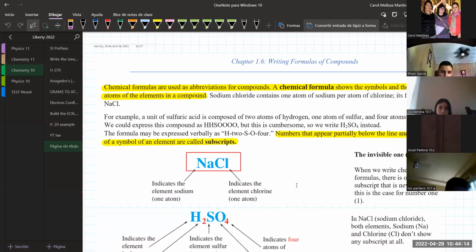There is one reason for that. Take a look over here. The invisible one. Just like in math,